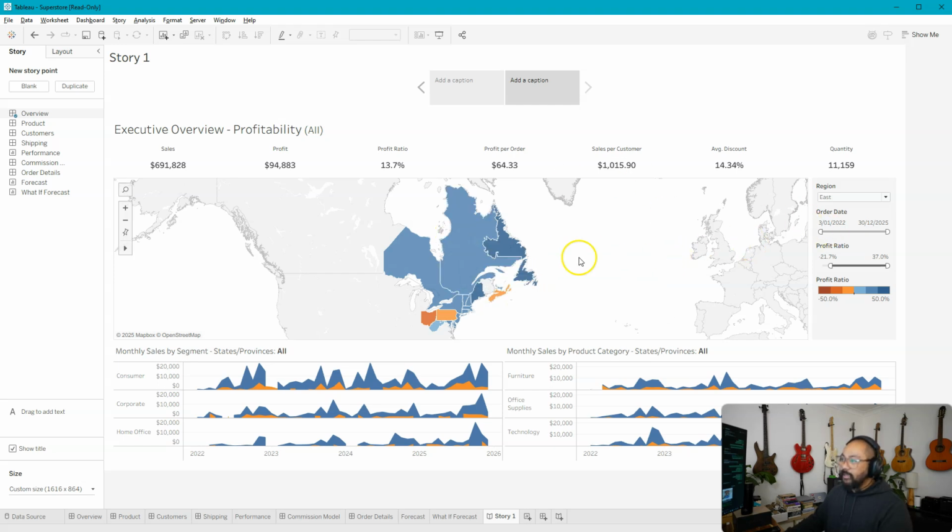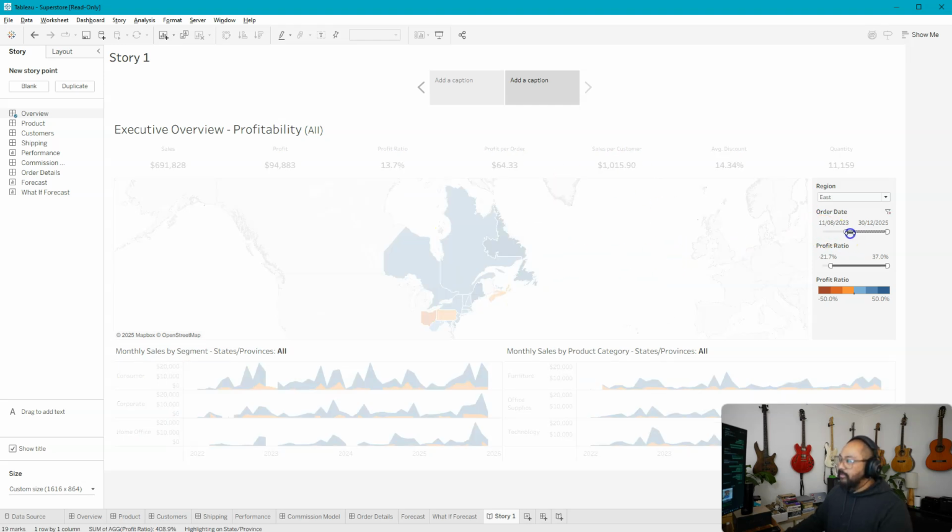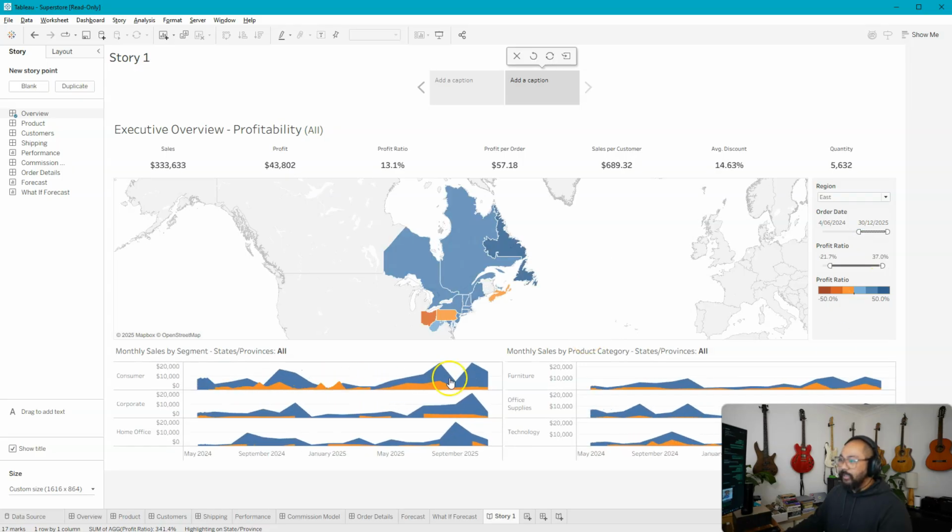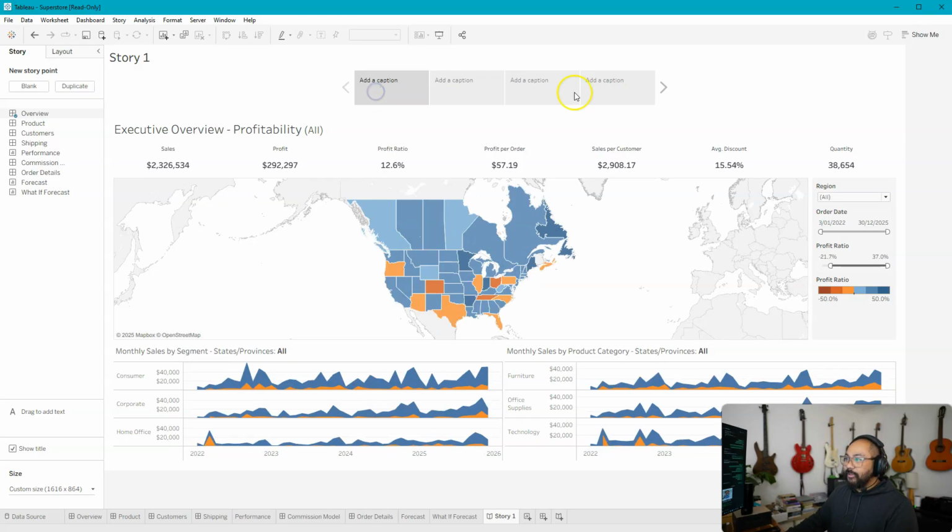If we filter again, let's say I'm now interested in this time period. Okay, the data is going to change. I'm going to click that button again, and it's going to create another view for me. I'm going to change the profit ratio. I'm going to click that button again. And what it's doing is it's taking snapshots of my interaction of the dashboard itself. So then at the end of it, we can say, well, we're only interested